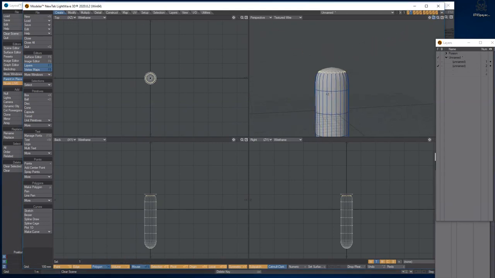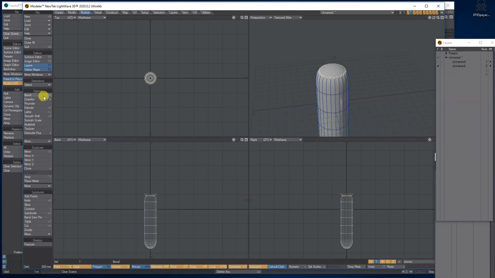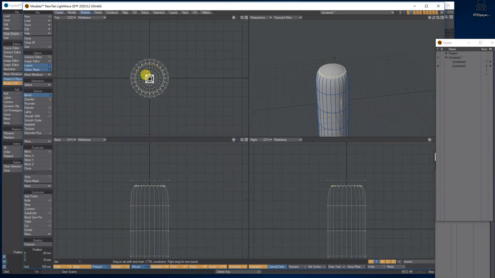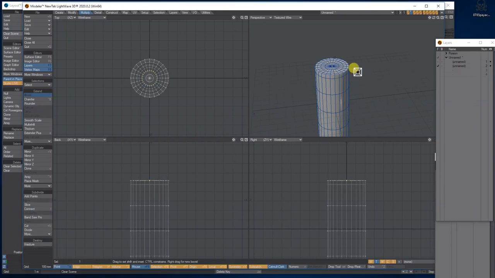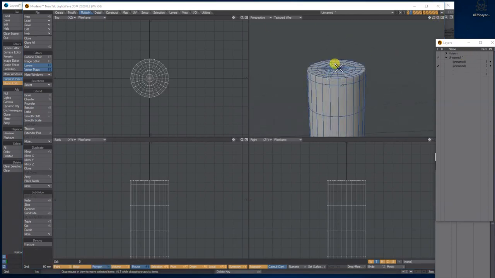Making sure you have it selected, then go to Multiply Bevel in the top view. If you just click, and then right mouse click, you can bring in a couple of bevels. If you hold Control, it'll stop it going in until you've got a couple of bevels like this. And while it's like that in the middle, under the Multiply tab, go to More, and then find Make Point, and then you can drop the selection, and you'll get your top like this. Okay, so we've got an inner substance and a tube now.